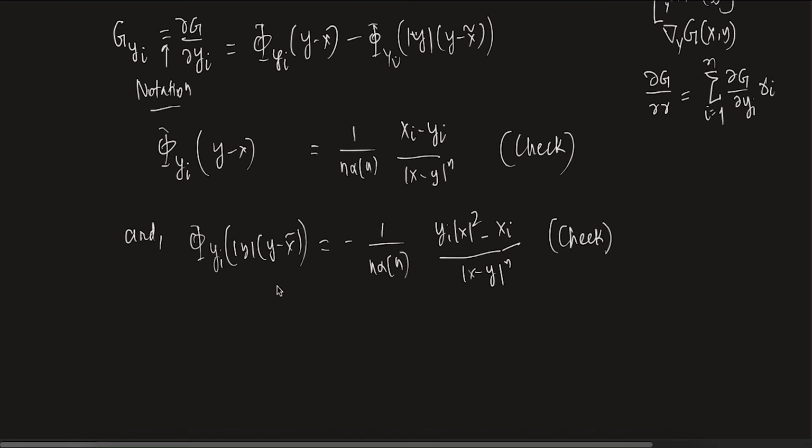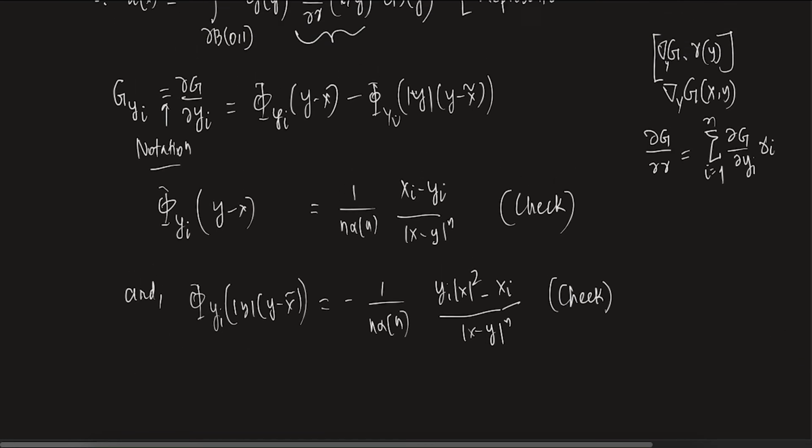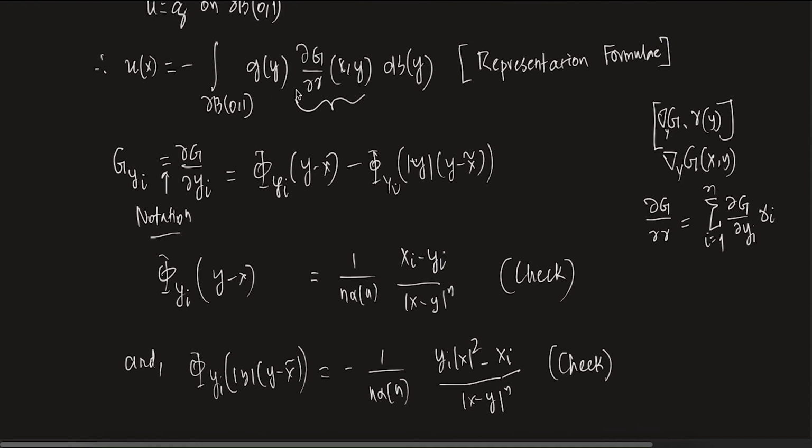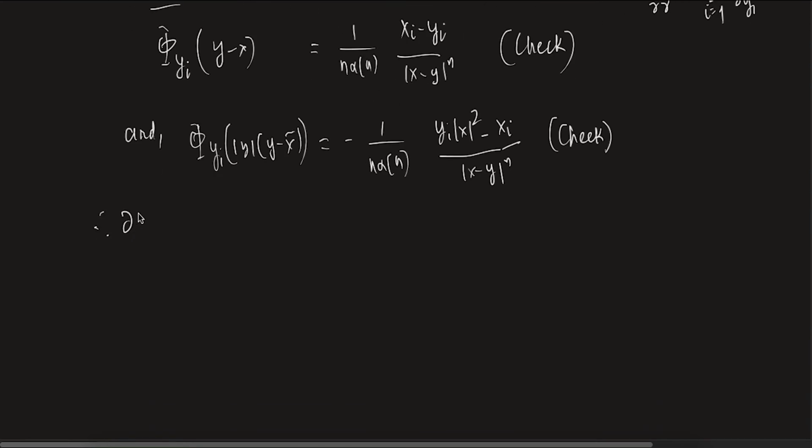So once you do that, what do I need to do? u of x will look like this, right? So I just have to put it there. You see, ∂G/∂γ is essentially this thing, and γi of y I already know. I will just put it there and get what ∂G/∂γ is. So therefore, ∂G/∂γ at the point (x, y) looks like the summation, as I wrote here, i equals 1 to n, of yi times G_yi at the point (x, y).